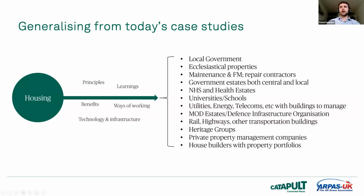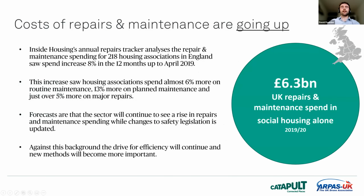So with that in mind, let's take a look at some of the issues that the housing sector faces. The cost of maintenance and repairs is going up. That's the headline. Inside Housing found that housing associations spent 8% more money in the lead up to 2019, including 6% on routine, 13% on planned, and 5%